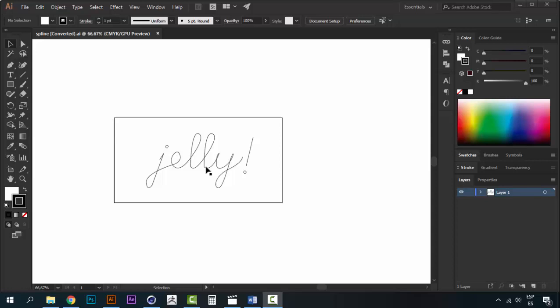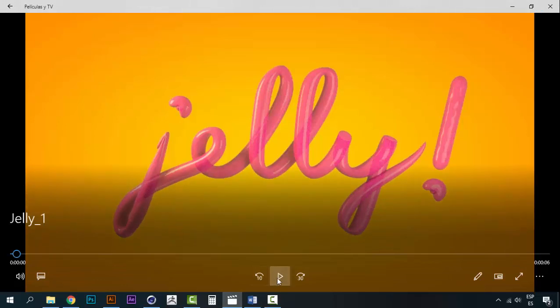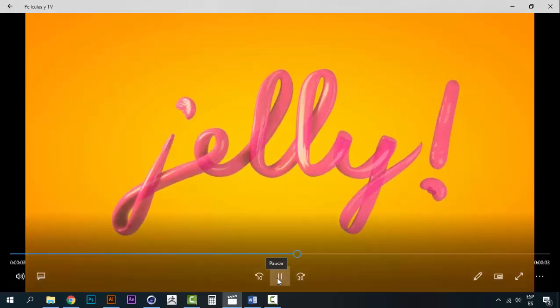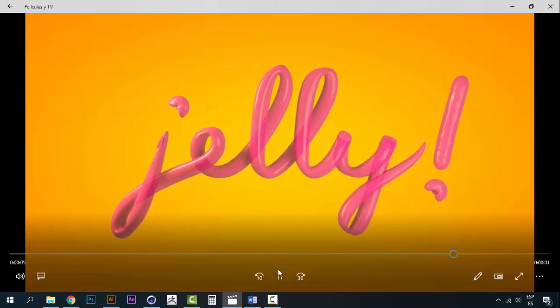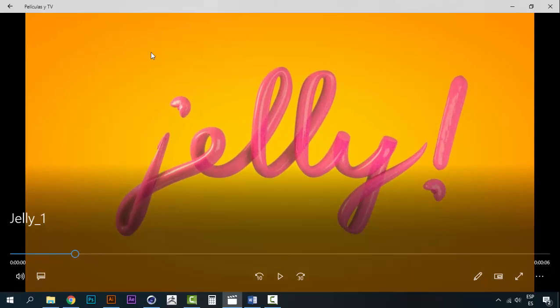Now we are on Illustrator and please open your Cinema 4D. Remember that this is what we are going to do, this jelly text in Cinema 4D. You can see that it looks really cool. Now, as I said in the previous lesson, we're going to be creating this with splines, which are paths in